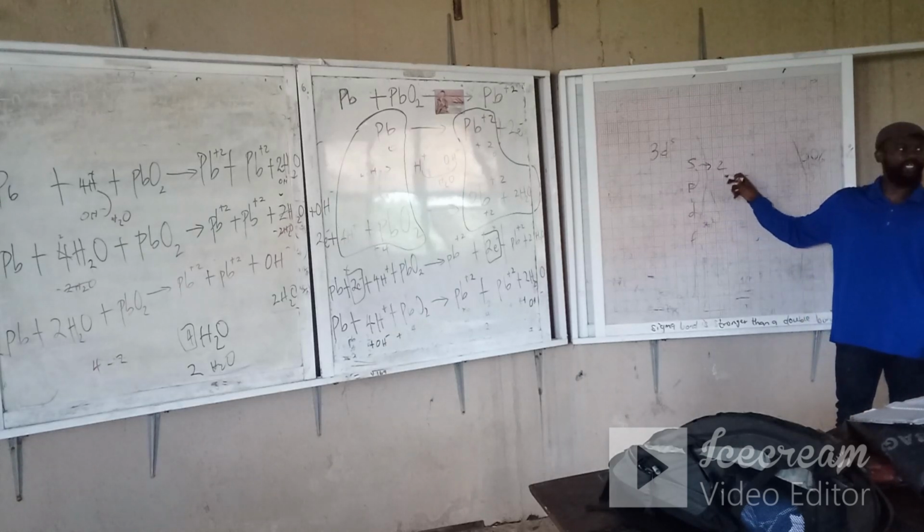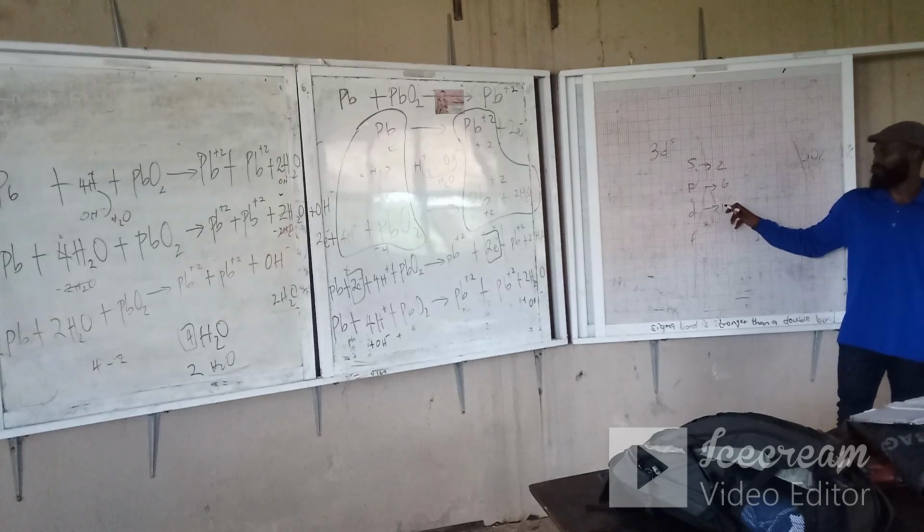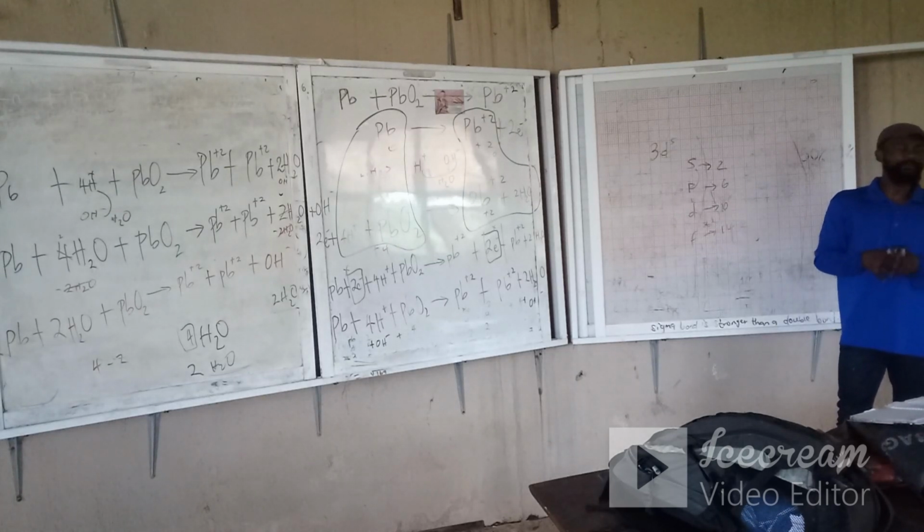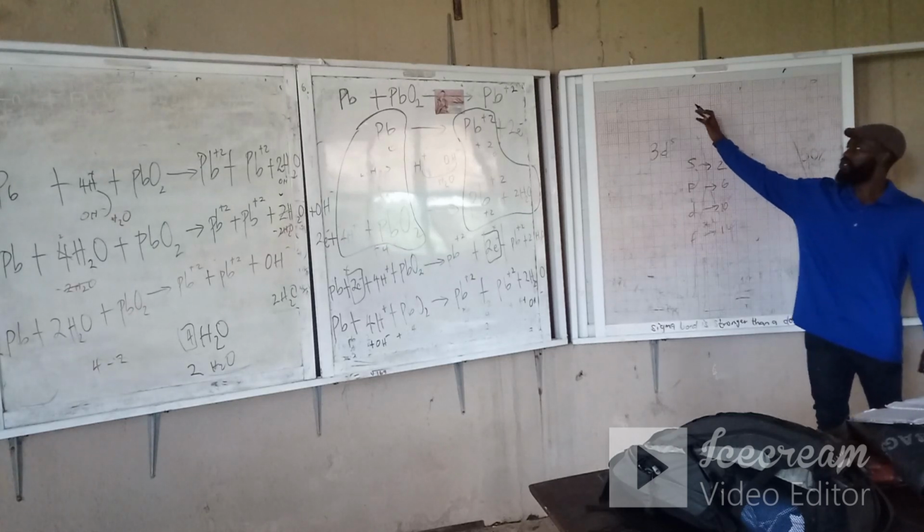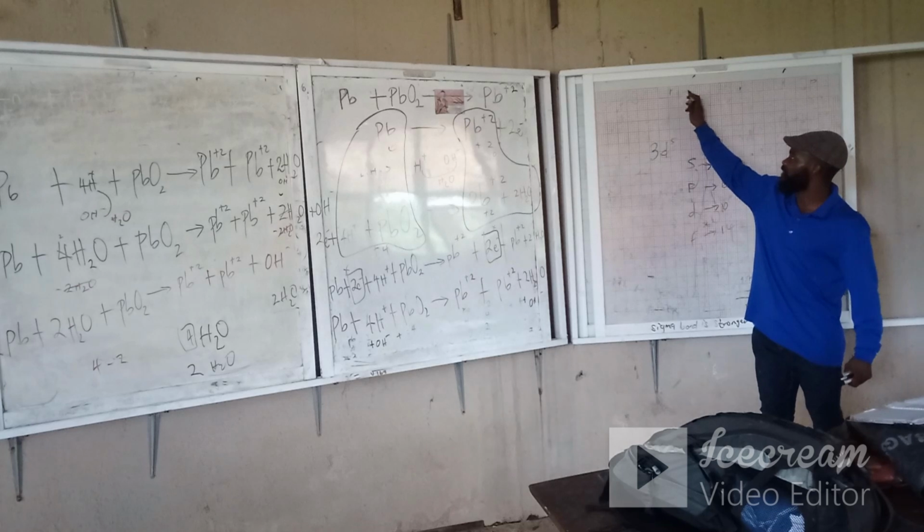S can carry a maximum of 2 electrons. P can carry a maximum of what? 6. D can carry a maximum of what? 10. F can carry a maximum of 14, Shebi. So if that be the case, it simply means that if we are using our first approach,